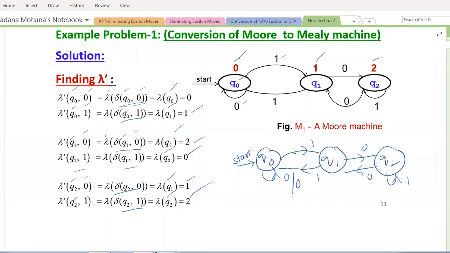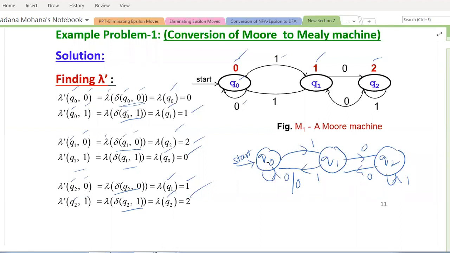Okay, now see how to draw its transition diagram. The transition diagram is same as given Moore machine. The only difference is for each and every transition we can add its associated outputs. See here, I have taken same transition diagram. There is no change. Initial state and all transitions remain same. Now you can add outputs.